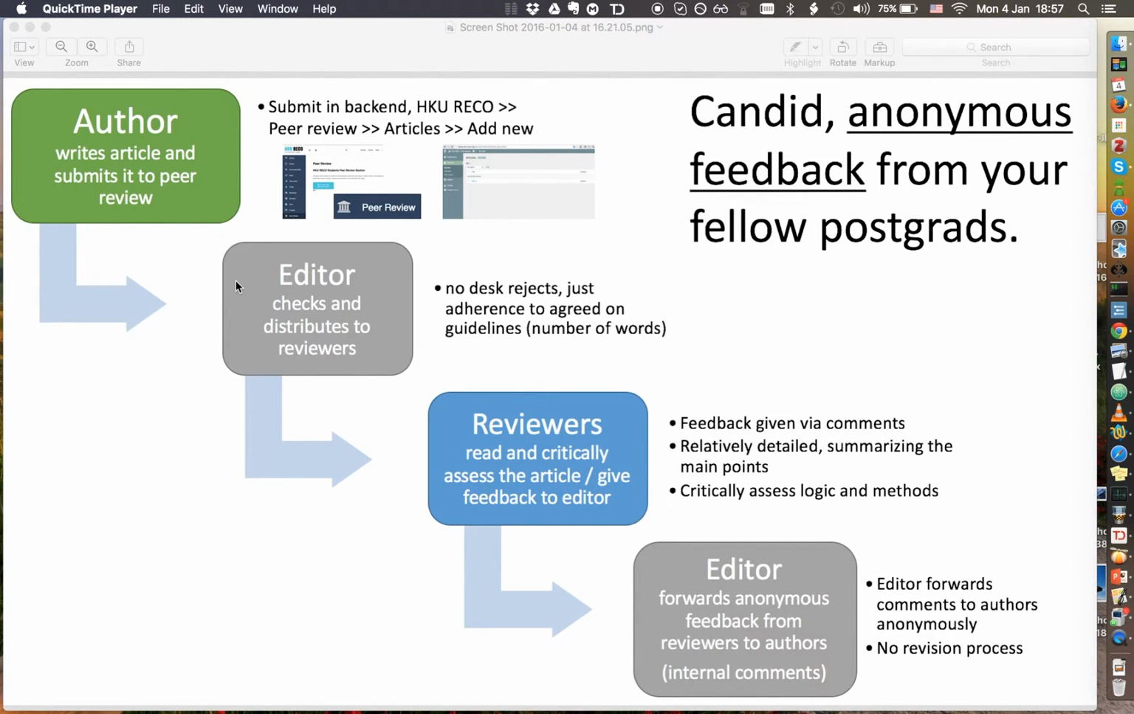Now let's have a look at the process for the reviewer, which would be here in the third part. After the author has written the article and submitted it to the peer review system, the editor will assign